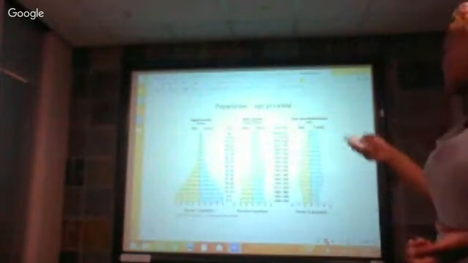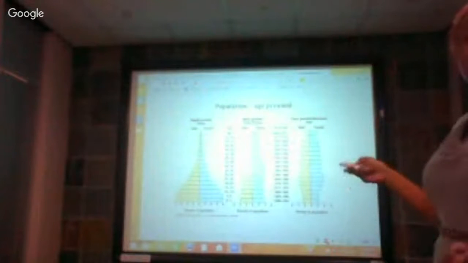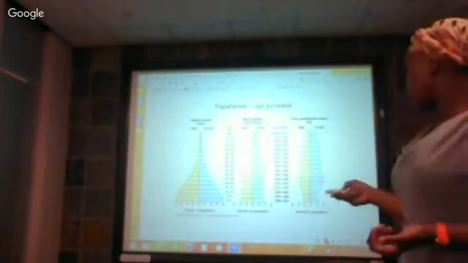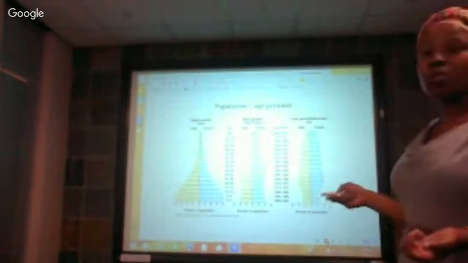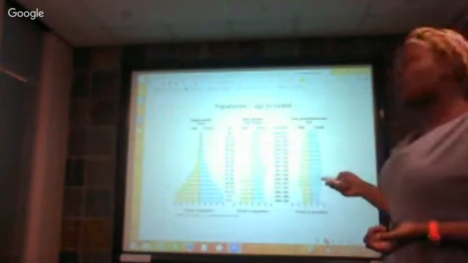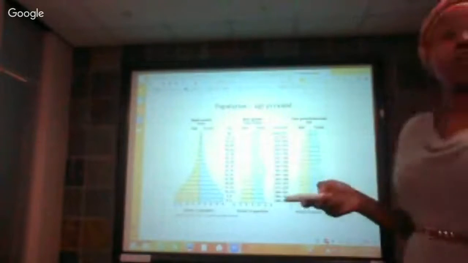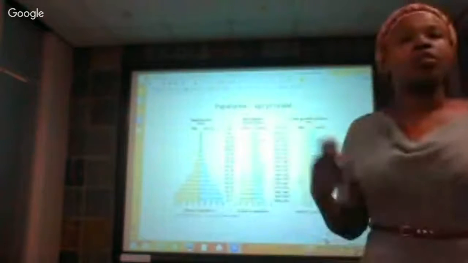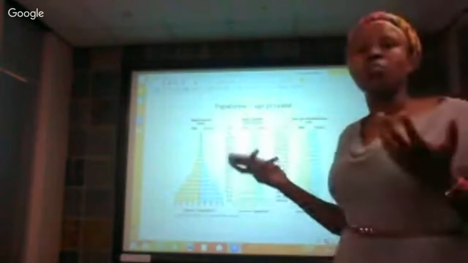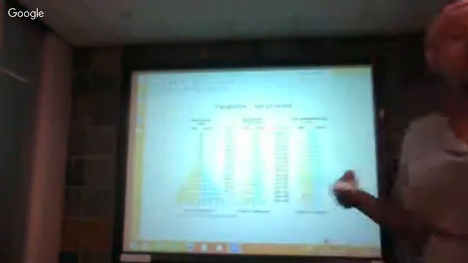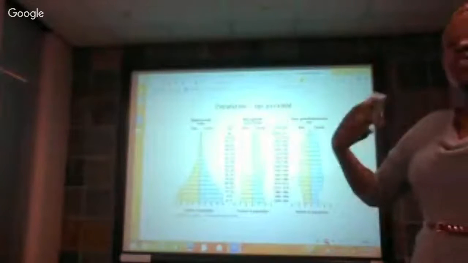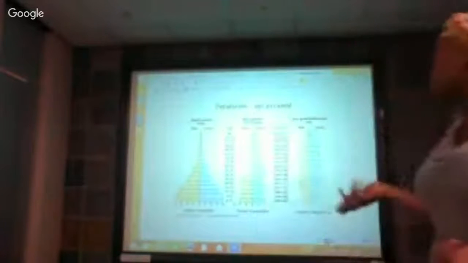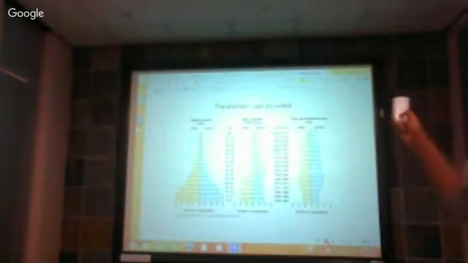As you can see, this is an example of a less developed country, Kenya. It shows that there's rapid growth. As you can see, there are more young people, the youth, and fewer older people. The causes of that could be that they cannot afford medicines, or they don't have access to medical facilities, and that they do not have the same advances in development, science and technology as compared to the first world countries or the developed countries.